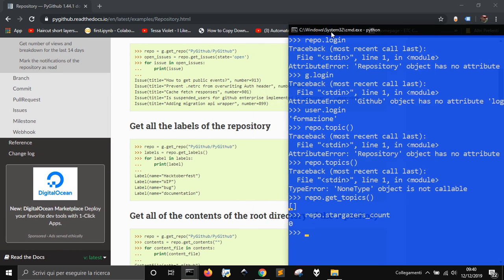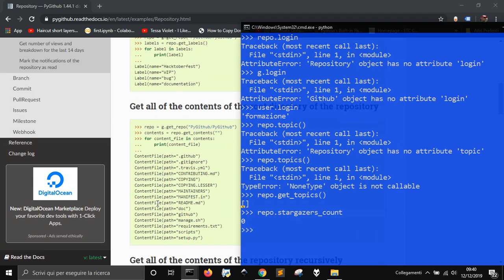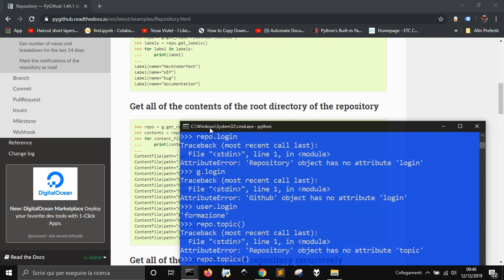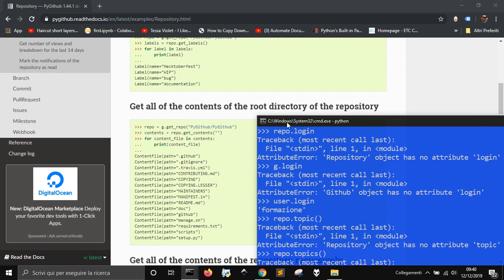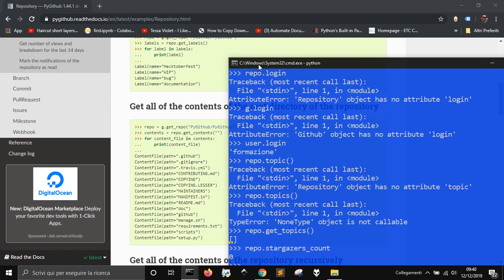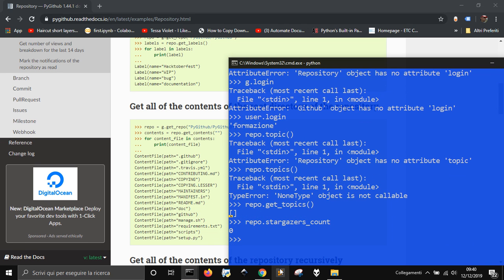Get all labels of the repository. This is to get all the contents of the root directory of the repository. This is nice. Okay, and so content equal repo.get_contents with the apostrophes, and for chi in contents, print chi,